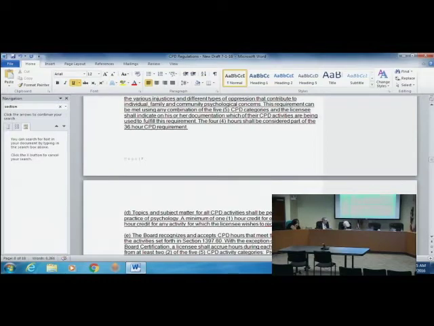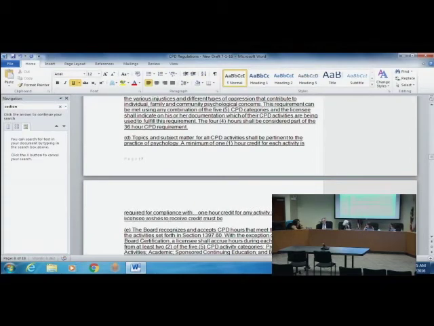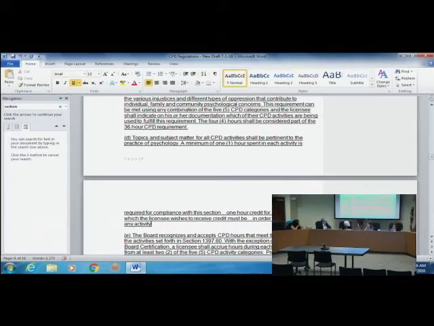No, that's not really it. Can you repeat your sentence, Ms. Sorg? I just want to hear it one more time. "A minimum of 1 hour spent in each activity is required for compliance with this section." And maybe I'm wrong, it's not each activity. A minimum of 1 hour in each activity can be credited to be in compliance with this section. It's not an hour spent, it's an hour credited. In order to claim credit for an activity, the licensee must have 1 hour credit. In order to receive credit for any activity, the licensee